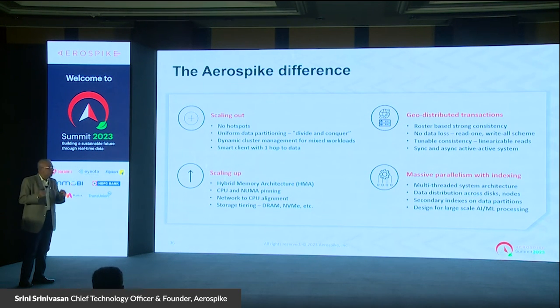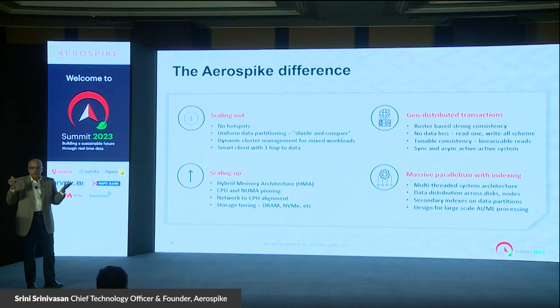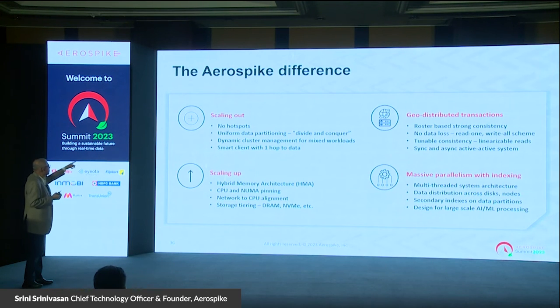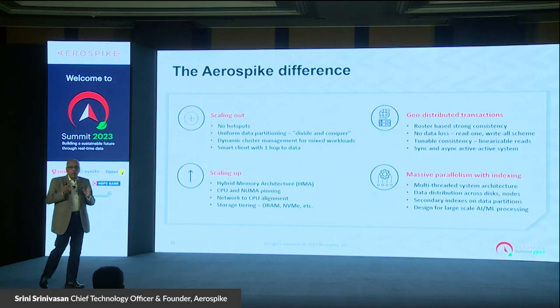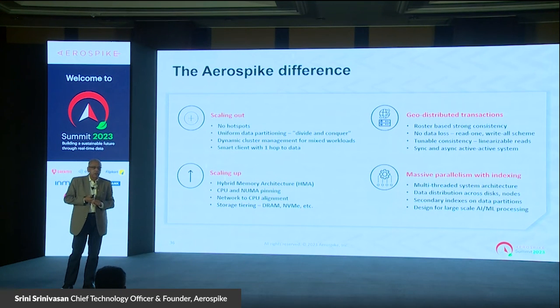But that's not enough. There is no database without a distributed system. I mean, it became table stakes about 10 to 12 years ago, or maybe 15 years ago. And that's exactly what scaling out means. The system is written in C, and that requires a lot of, I would say, engineering optimizations. When nodes are removed from the cluster, they come back in, there's a whole bunch of work that has to happen.